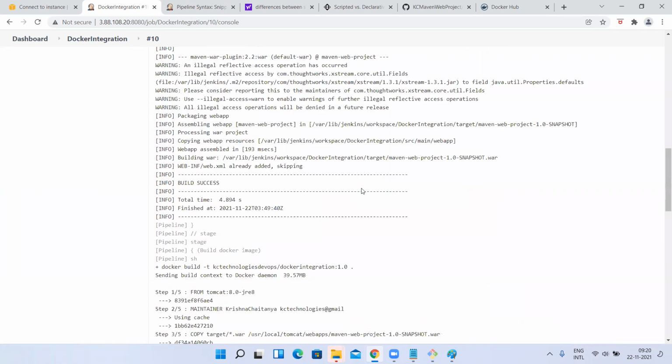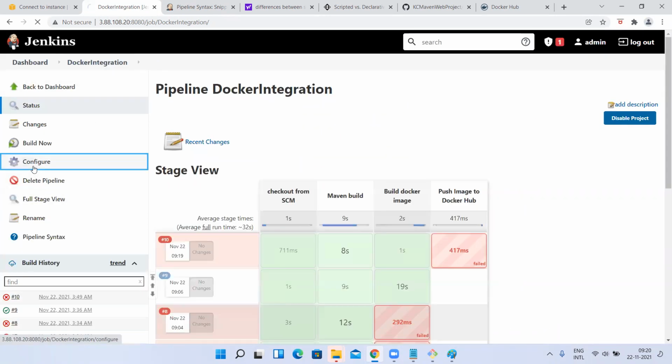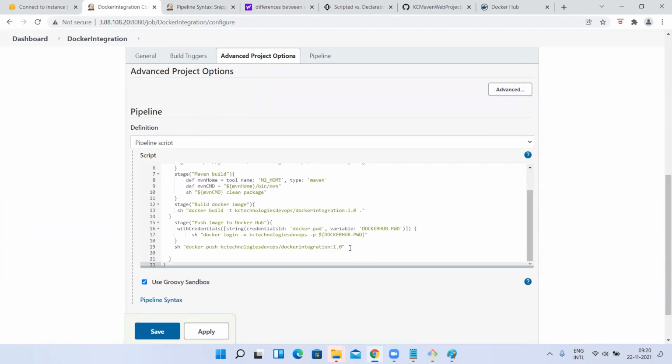I think it's some syntax error or parameter error. Pushing image to Docker Hub. Okay, Docker Hub PWD.